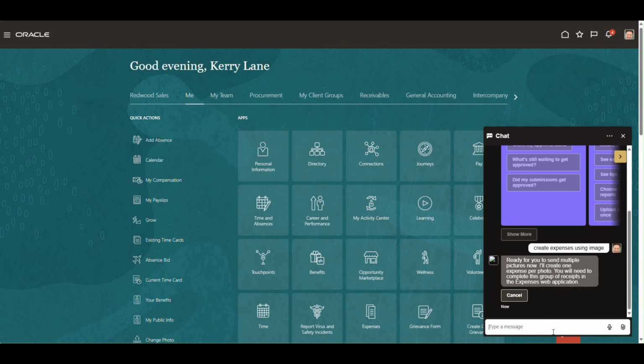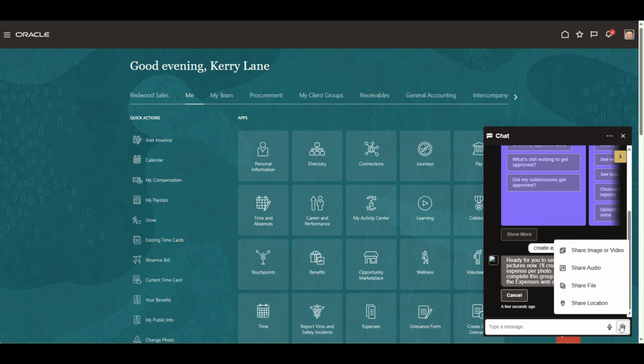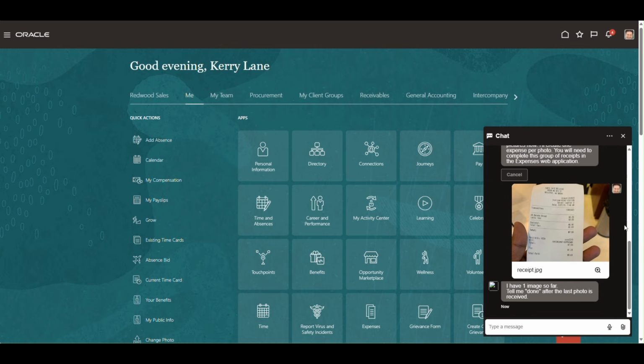Okay, so Digital Assistant has responded with more information. So what I need to do now is click on the paperclip and then click on Share Image or Video, and I will now select the image of the receipt. So I have now uploaded the image of the receipt, and we can see that ODA has confirmed that they have received the image. So I'm going to enter Done,